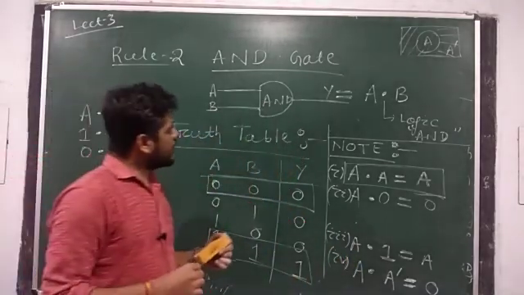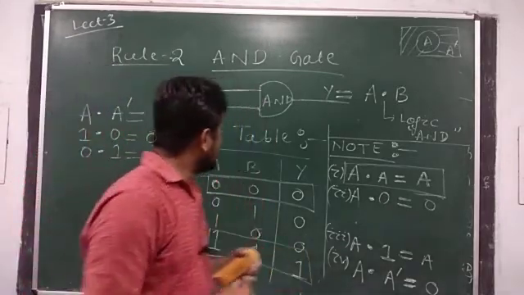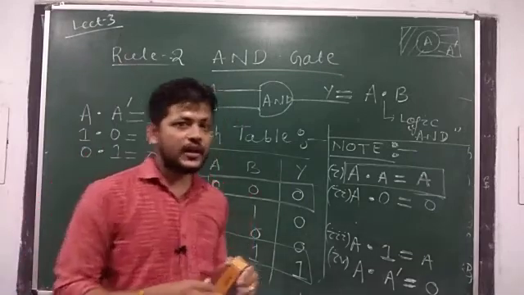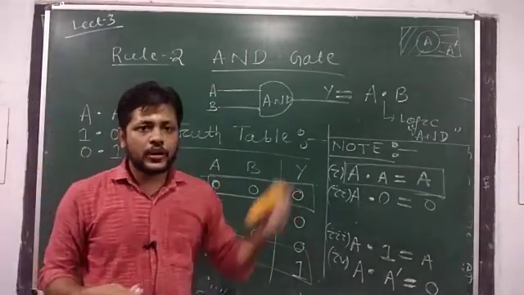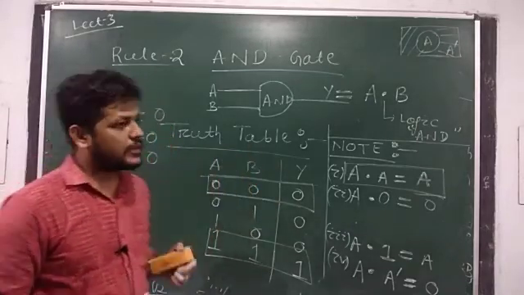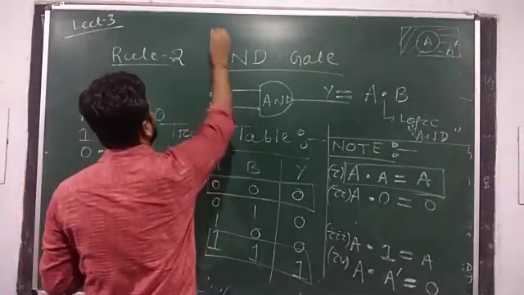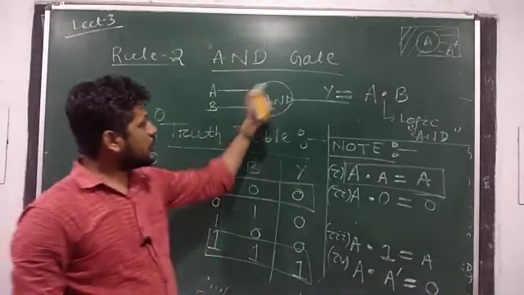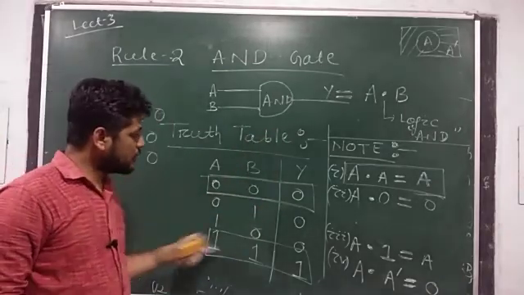Okay, in the next class we will see how to implement this gate by using switching logic, and then by using transistor. Then we will study rule 3. So in each and every rule I am going to discuss how many inputs we are going to apply, the minimum inputs, and the circuit symbol, the logic symbol we are using for that particular operation. For example, for the NOT operation we are using a triangular shape. For buffer, and this symbol is for the logic AND operation. Then we will discuss the truth table.